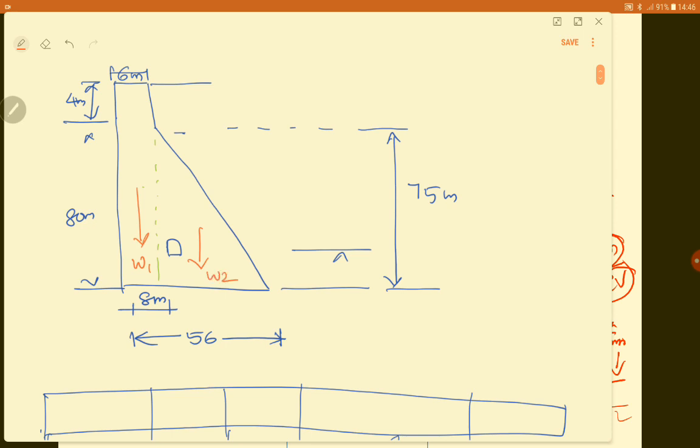Now, what are the other forces here? You have the tail water pressure, right? So this is the pressure distribution diagram of the tail water, and then you will have a P value, which will be equal to half W into H dash squared, if this is H dash, half W H dash squared into gamma. So here, what is this value here? This will be equal to this, right? So here you have the pressure distribution diagram starting at the water level. This will be the pressure distribution diagram here.